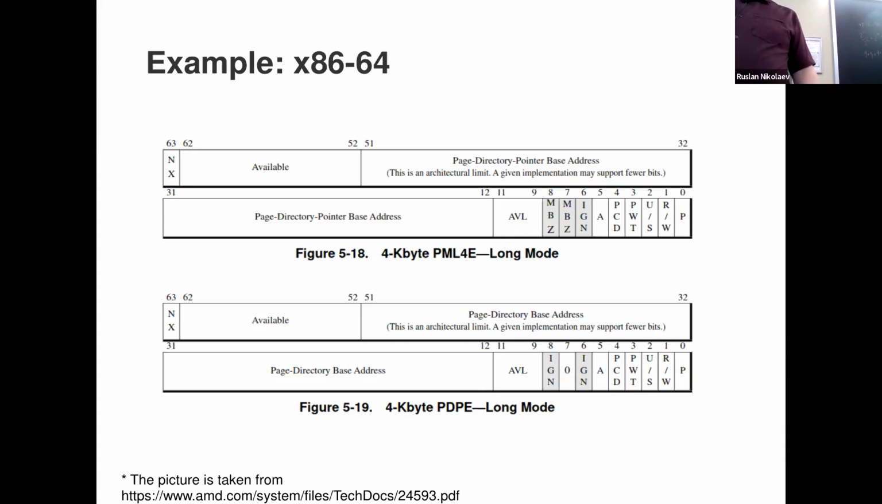So you have this from 12 to 51. That's kind of clear, right? So that's the address, because they decided that they will only support 52-bit physical addresses. Again, a 64-bit processor doesn't mean that they have to support 64-bit physical addresses. It doesn't mean that they have to support 64-bit virtual addresses. All that means is that we're probably using 64-bit pointers, and pointers have to